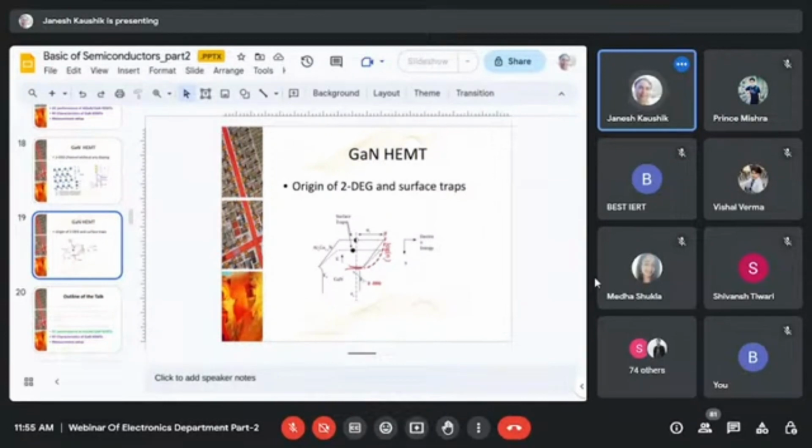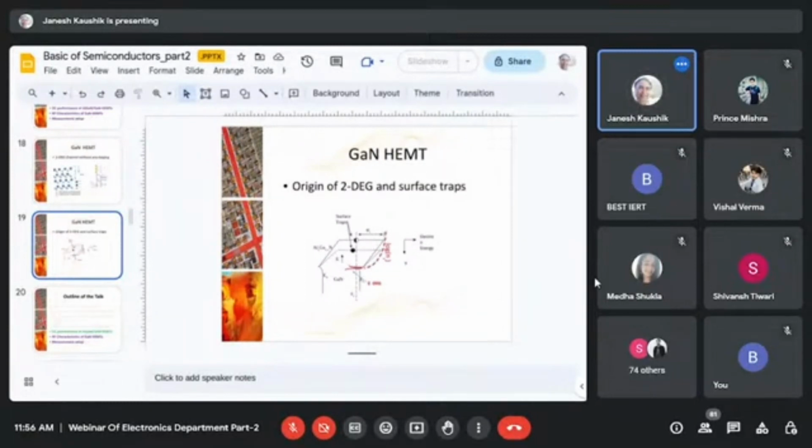And due to that, the surface traps which are present below the Fermi level in the smaller thickness are exposed above the Fermi level, and they induce the two-dimensional electron gas, the 2DEG channel, at the AlGaN-GaN interface. And that's how the basic operation of the transistor is achieved without any doping, but that comes at a